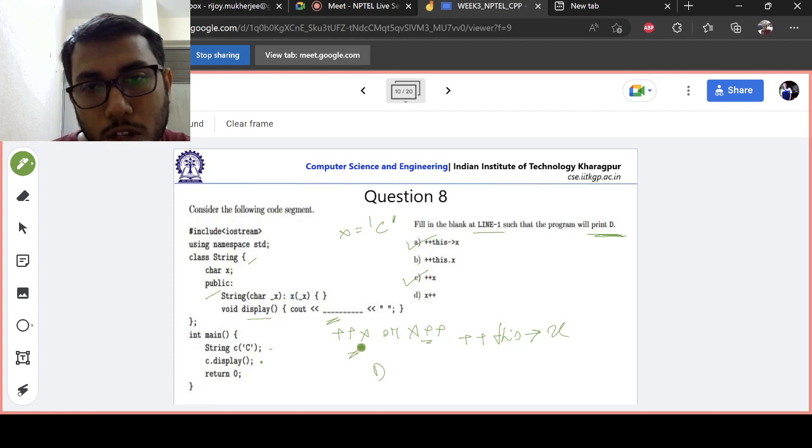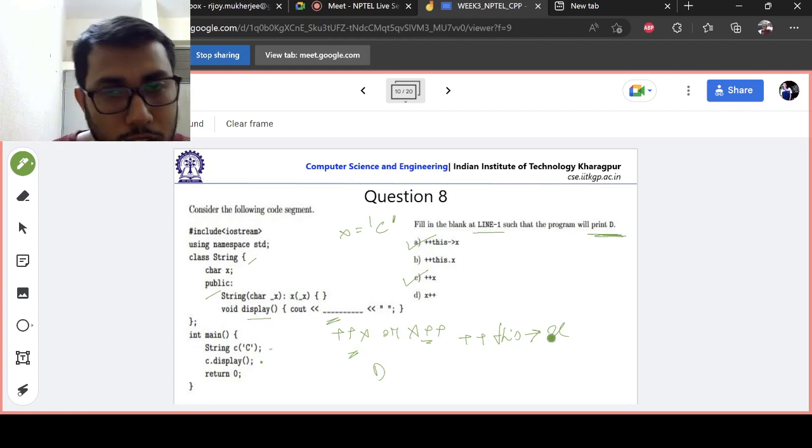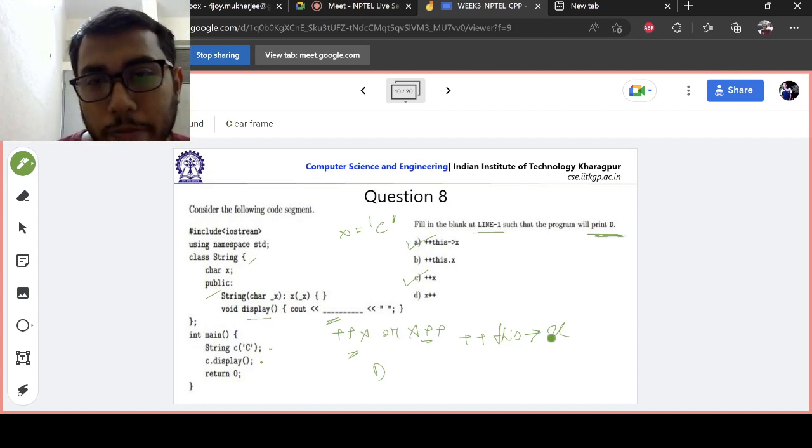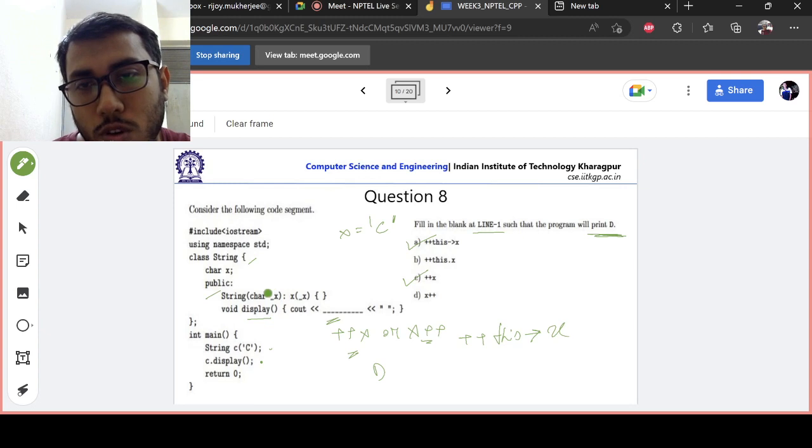So we can either refer to it as plus plus x or this x. So another reason why the this pointer is used. So these are all good coding practices. Like nobody stops you to define